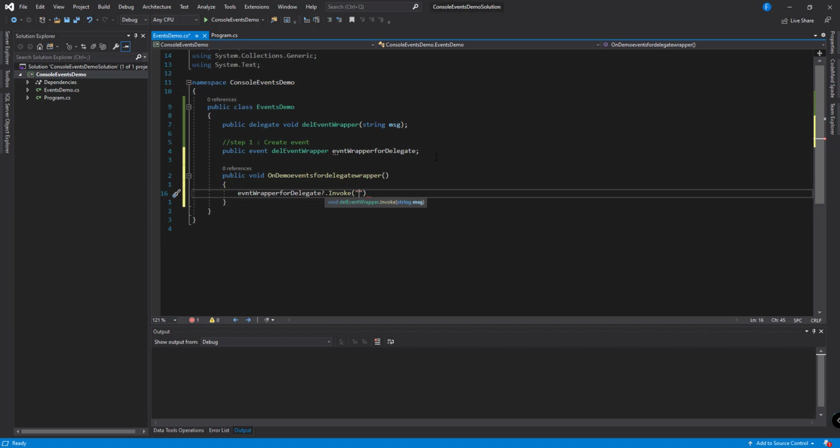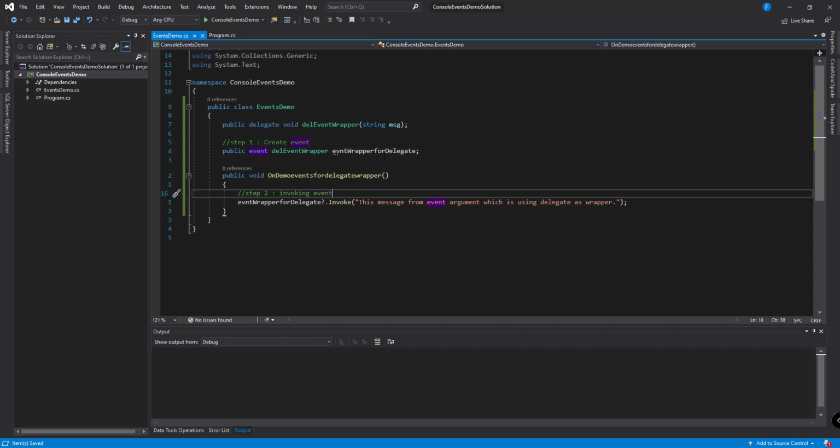So this message from the event argument is using the delegate as a wrapper. That's it, guys. Now we have completed step 2, that is invoking the event.